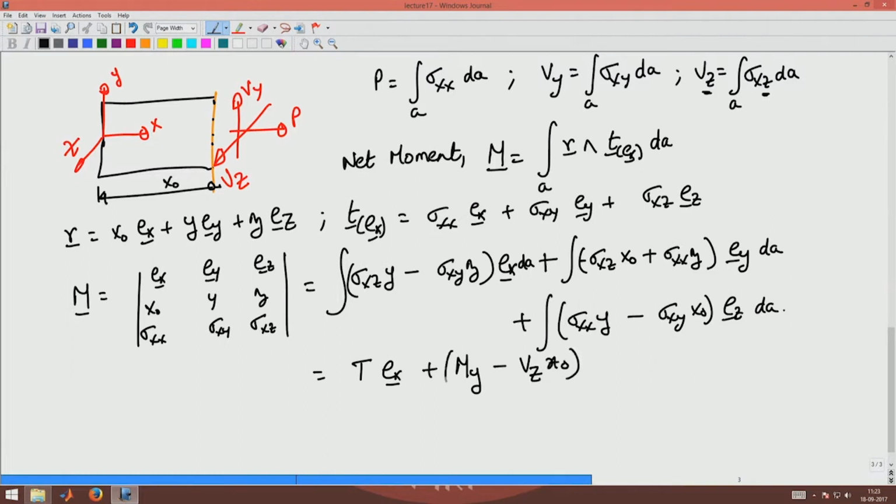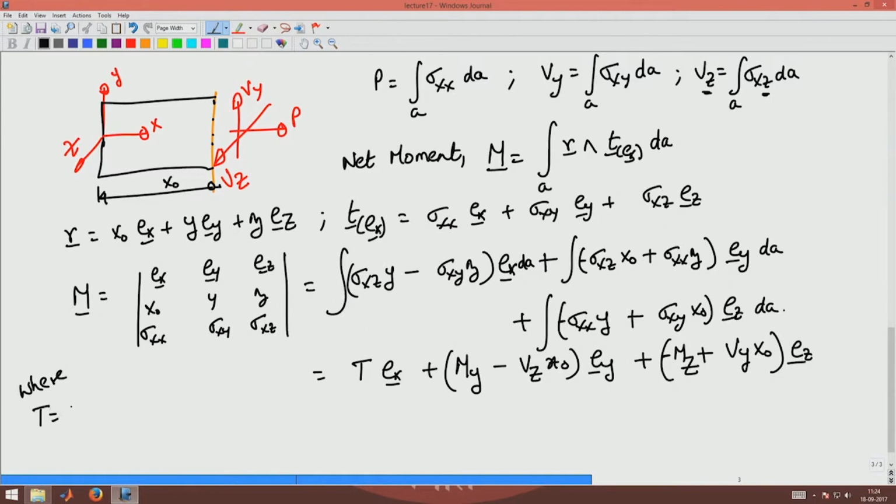I will explain shortly why this comes about. Plus mz moment, minus Vy, no, I left a negative sign here, this should be negative, minus, plus Vy into x naught into Ez, where